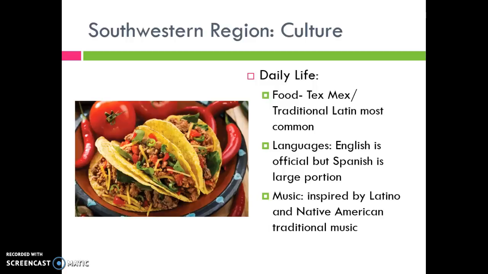Then finally, for our daily life as far as the southwestern region, this is kind of a Tex-Mex or traditional Latino foods. You're going to look at a lot of tacos, a lot of chili peppers being used, a lot of fresh vegetables, and red meat dishes. English is technically the official language, obviously, for a lot of areas in the United States, but Spanish is used heavily in this area simply